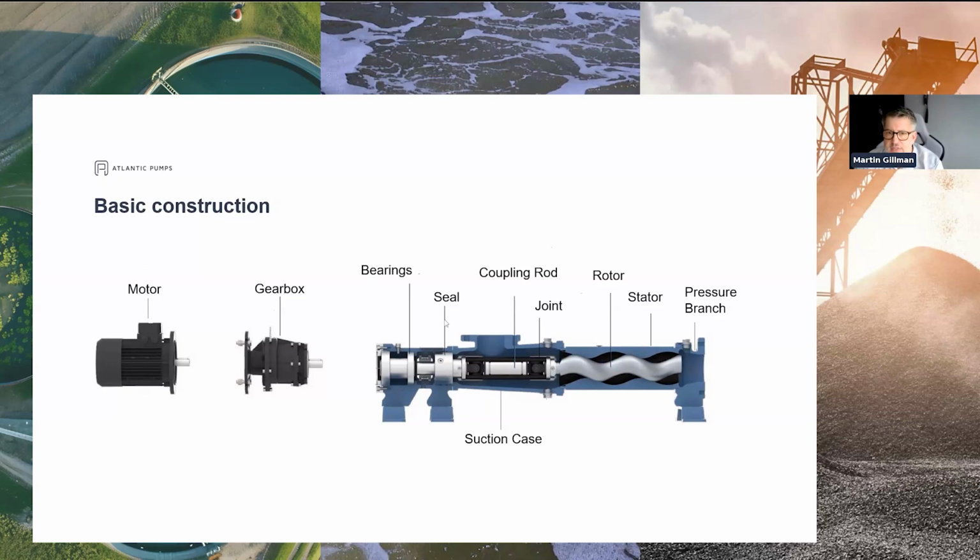Then we've got some sort of seal. In this case, it's a mechanical seal. It could be old style packing, gland packing, which is again quite rare these days because gland packing is designed to leak in order to operate, and we don't like a lot of leakage, do we? So in this particular case, we have a cartridge mechanical seal, which will be oil filled,